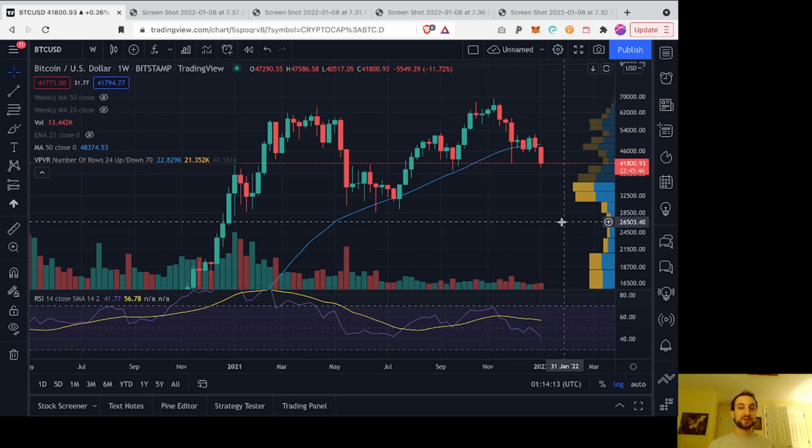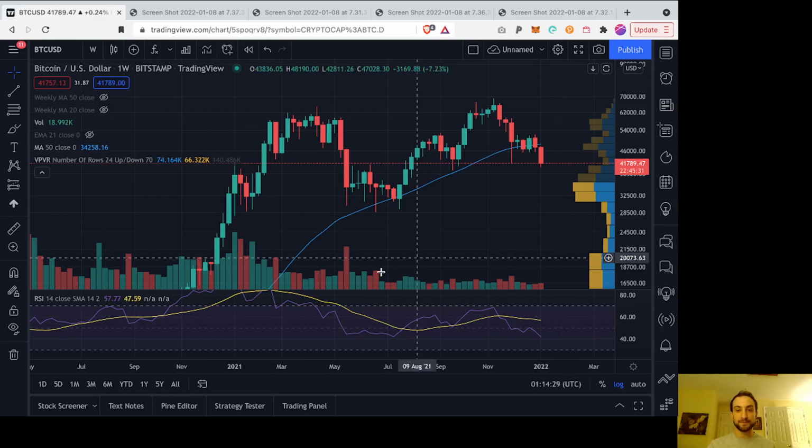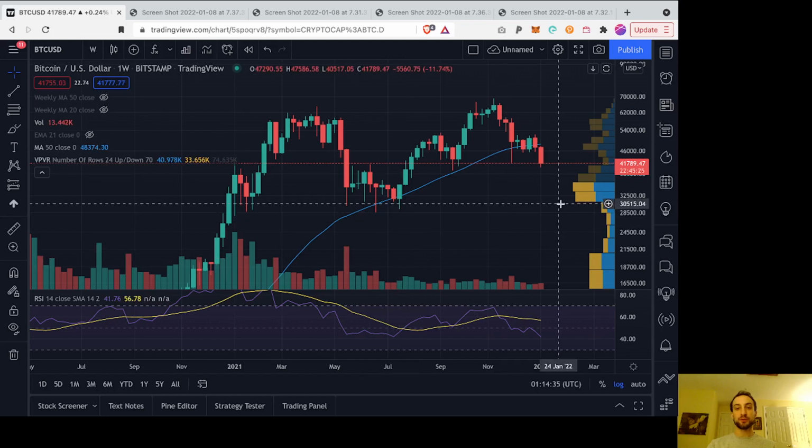If we wanted to get really specific about it, we could look for that spring type of action. We would want to see a close a little bit higher than we are now, closer to 45K, and then we would want to see a few more weeks of consolidation, maybe grinding down in a kind of flagging type of motion on low volume, just like we saw back then. And then in that fourth week, 4 weeks from now, about a month from now, if we saw a big bounce to the upside, well, that would be kind of a full replication of that whole multi-month move that lasted about 3 months. So it's just something to watch. Doesn't have to play out that way, but I thought it was interesting enough to mention.